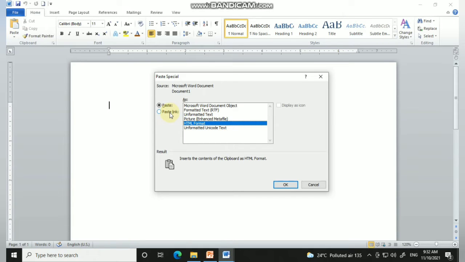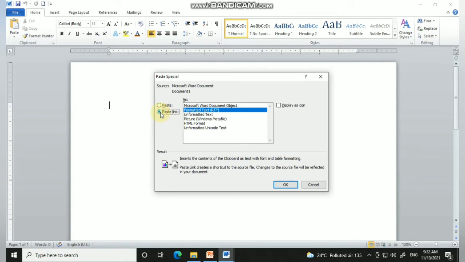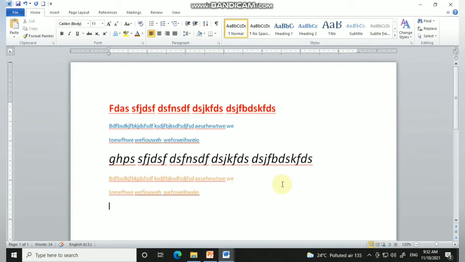I want to paste the text as formatted text, so I click formatted text and press the paste link option.